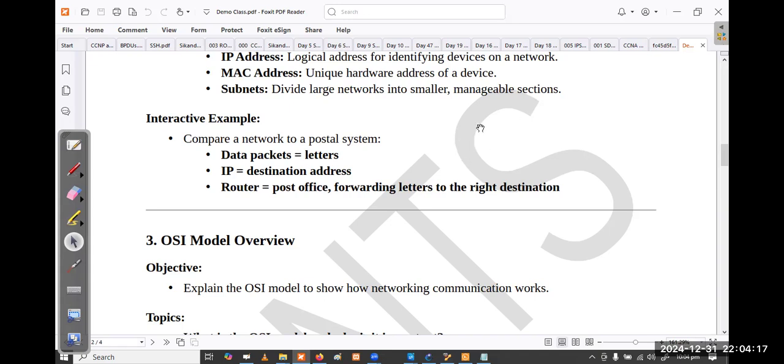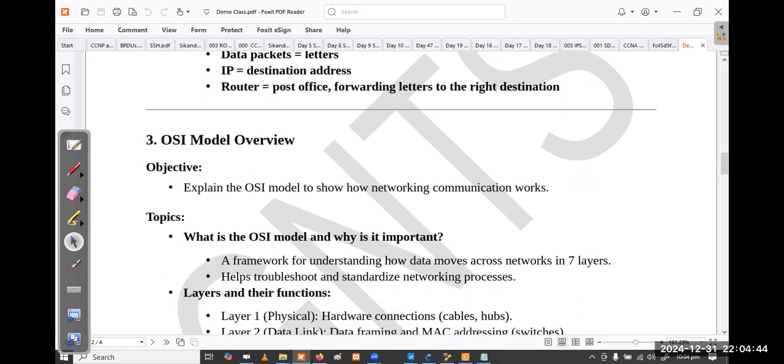The router segregates and sends the data, right? So the router is responsible for sending data to the relevant networks, something like sending letters to different areas by the post office, forwarding letters to the right destination.